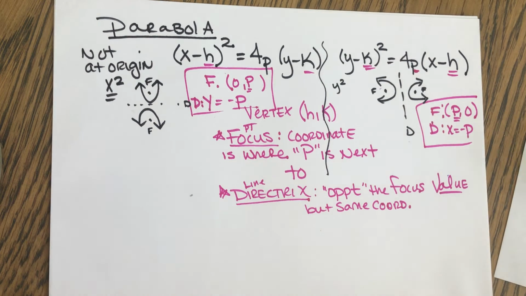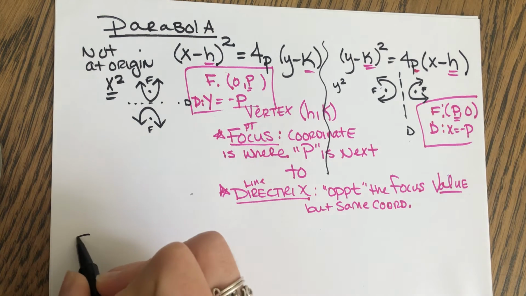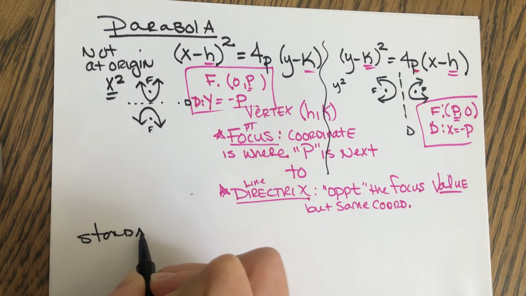Let me just take a quick skim at my notes to see if there's anything else I want to talk to you guys about. Remember, P is always the absolute value. Okay, that's fine. I'm going to do just a couple of examples for you all. Just make sure you remember, another thing I'll jot down, it must be in standard